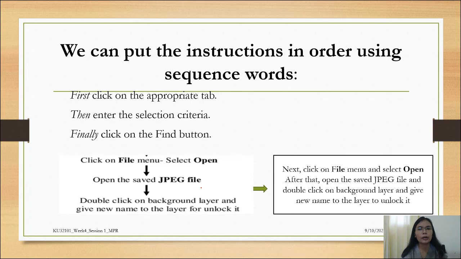And for the third one, we can put this instruction in order using the sequence words. So the sequence words like first, next, after that, and then finally, something like that. Yeah, so you can use first, then, finally over here. But yeah, if you see the examples, the one that I take over here, we have the instruction: